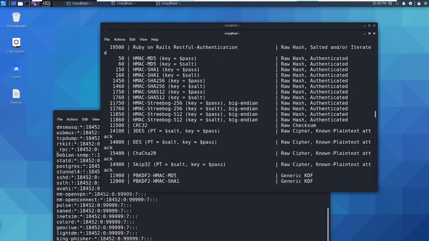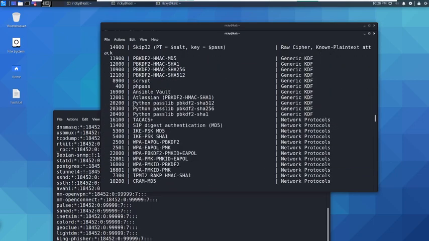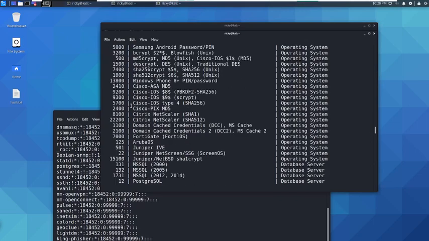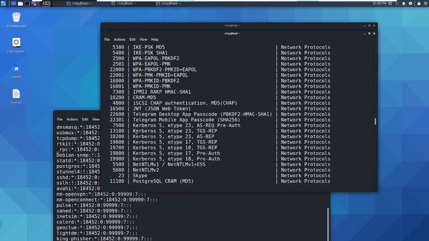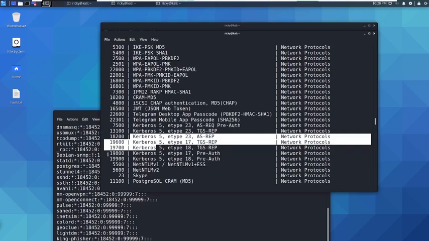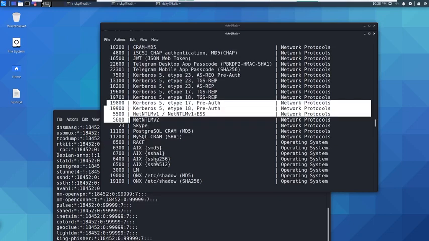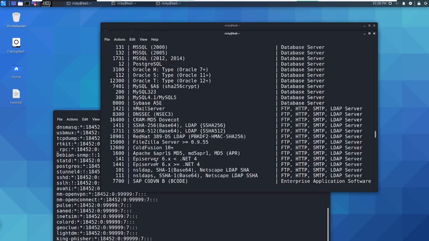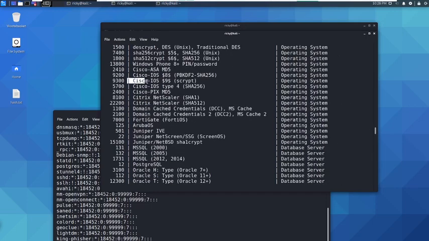When you see the hash you will find that. HMAC, 3DES. There are lots of hashes, and another one here is Kerberos 5 etype 17. You need to mention these. Even here is Cisco IOS PBKDF2-SHA256.